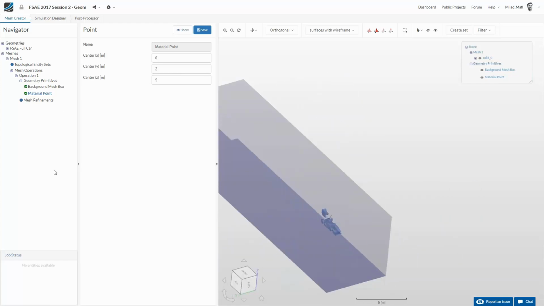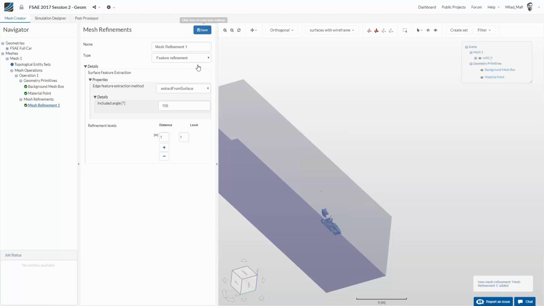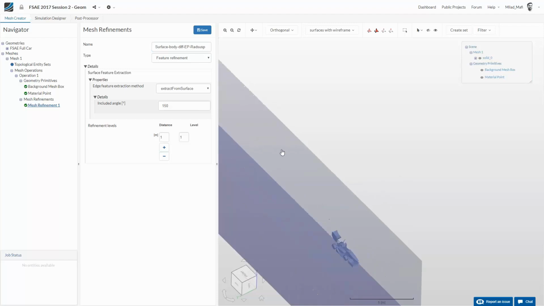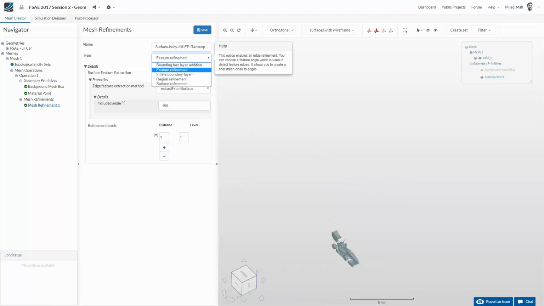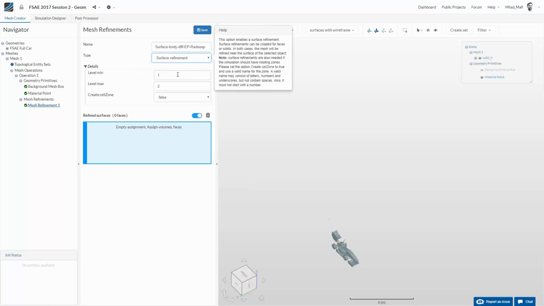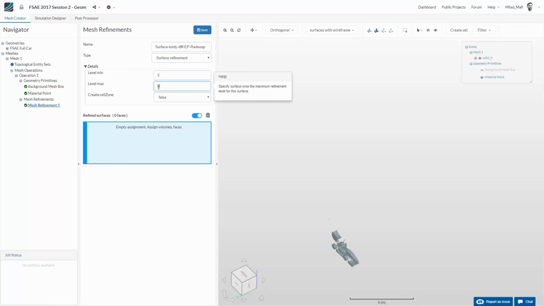And now let's start with some refinements. The first refinement we will create is for the surface. And the good thing is that we can now control the mesh fineness of different parts of this car by defining different refinements. So let's define one surface for the body, the diffuser, the end plates, and the suspension. We will do a surface refinement here, level 5 to 6, which means the cell will be split up between 5 and 6 times, referring to the base mesh size. We don't want to create a cell zone, and we just apply it to